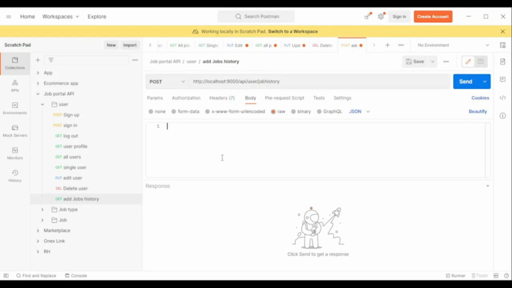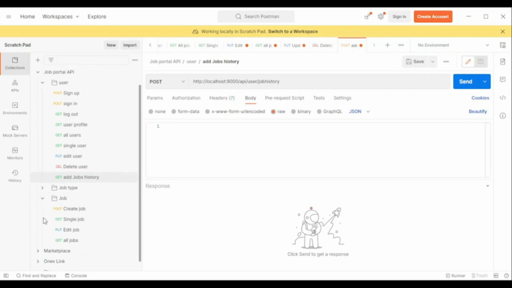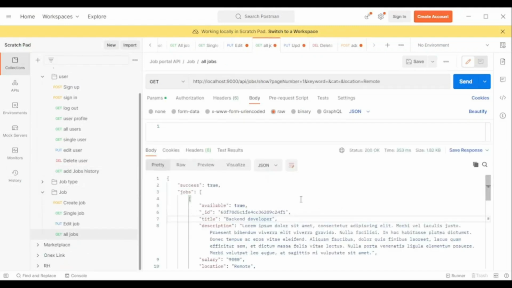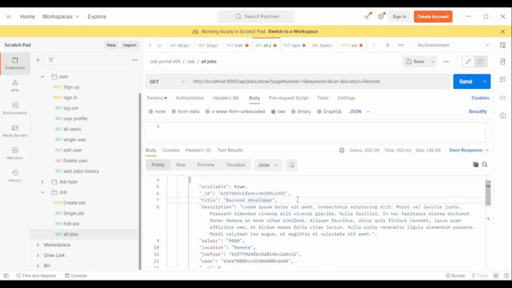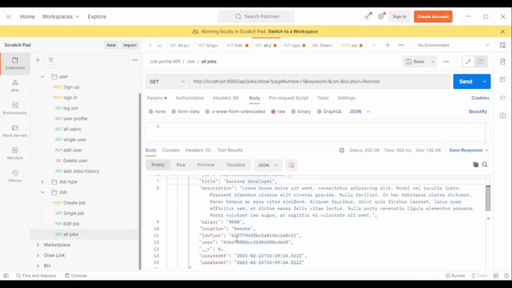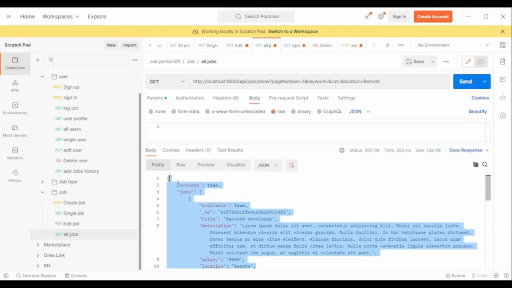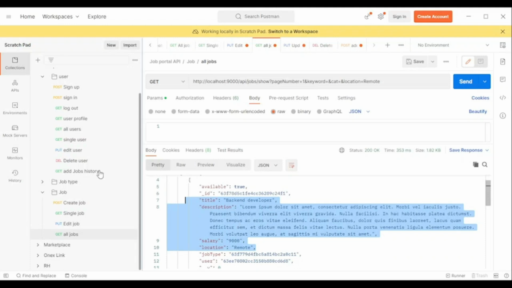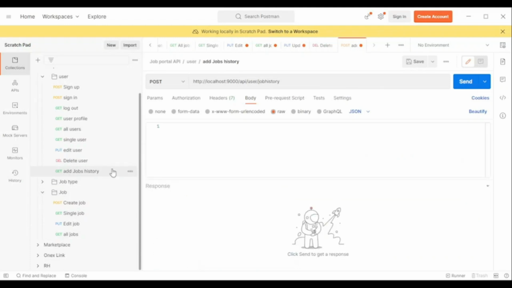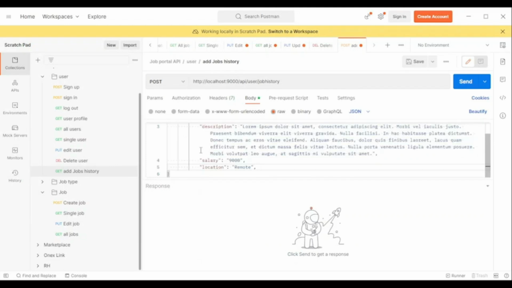And after that, we're gonna grab some values from all jobs. We're gonna copy from location to title, from title to location if you want. Copy, because these values, we're gonna receive them from the front end when we are in the single job. You got the idea. When we get there, you will understand better. So we fix indentation,